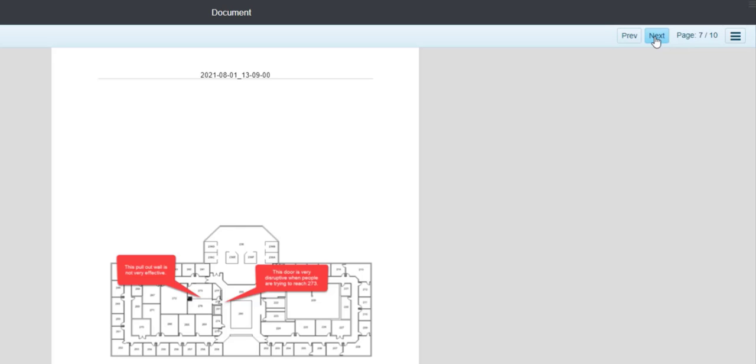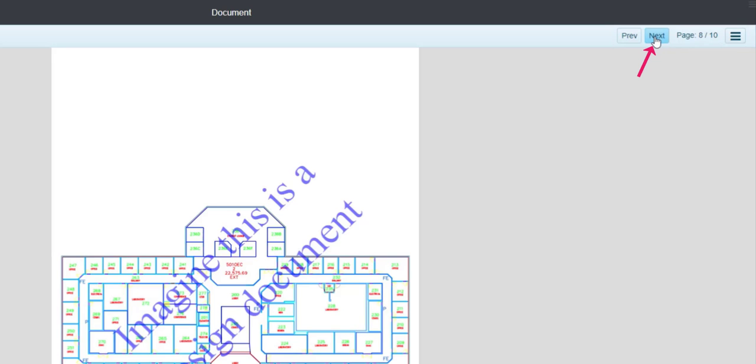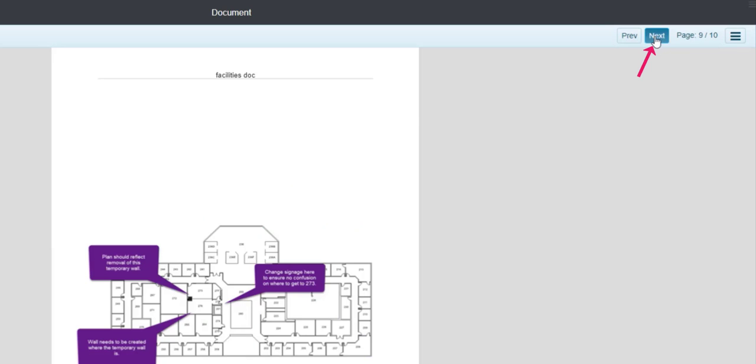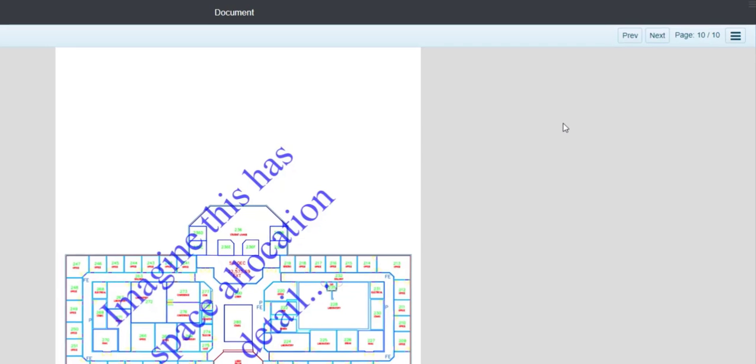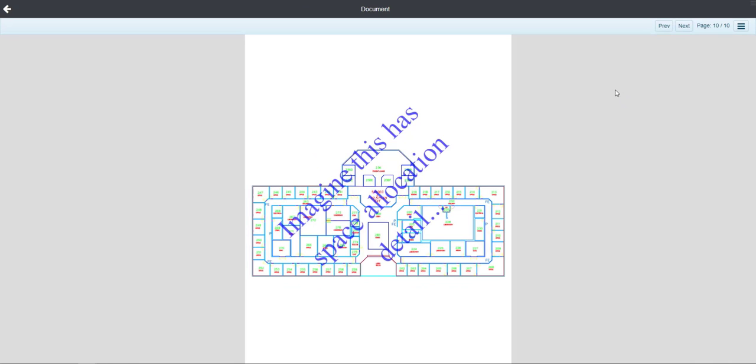Next, any of the attachments that can be rendered out in PDF form will be included. So the requester documents, as well as any of the design documents, the internal documents, and the space allocation documents. So things like PDFs and images can be included here, but raw DWG files or Excel files, etc., can not be included here and will instead just be packaged up in a zip file that can be downloaded from the